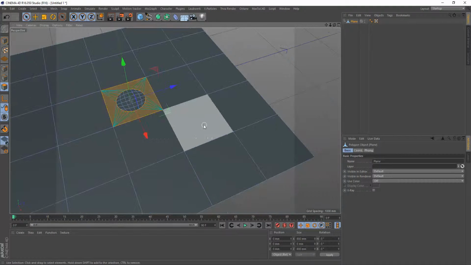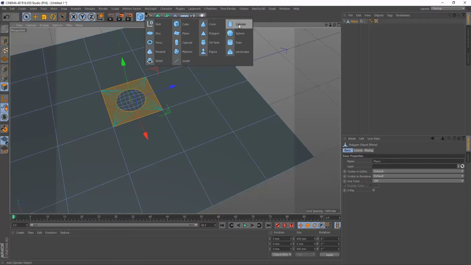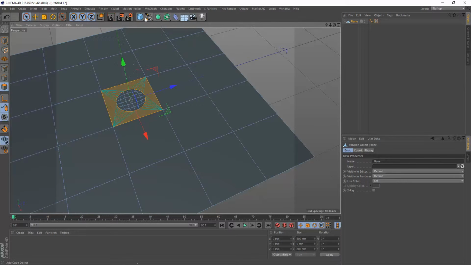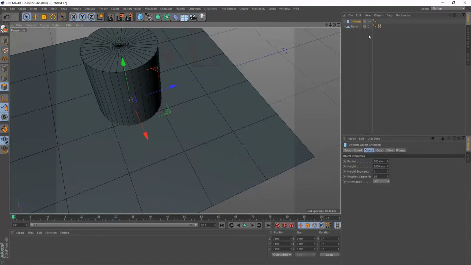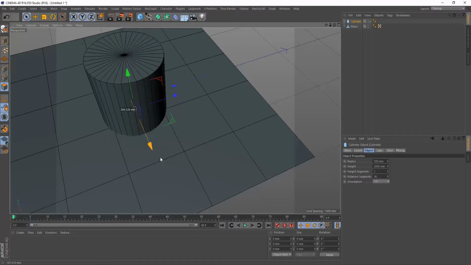I will show you an example with Boolean and n-gons. Cylinder.